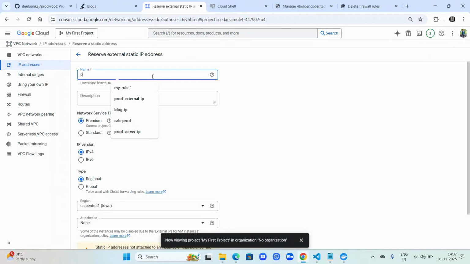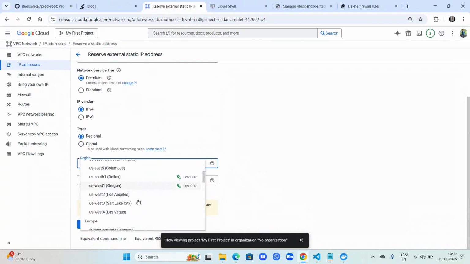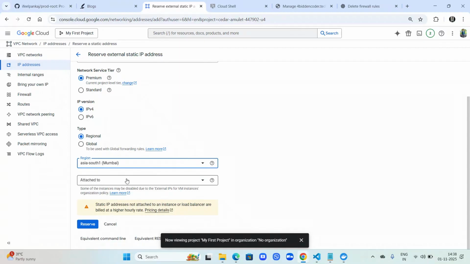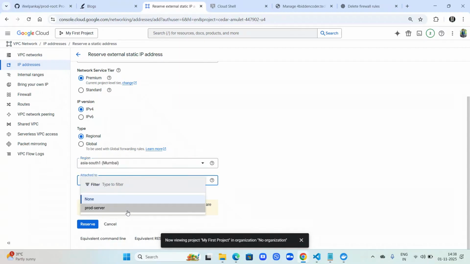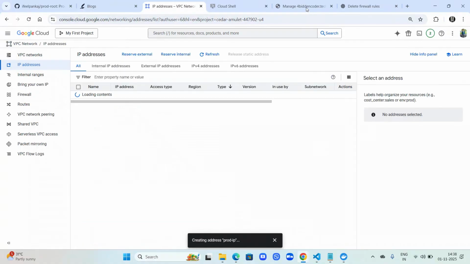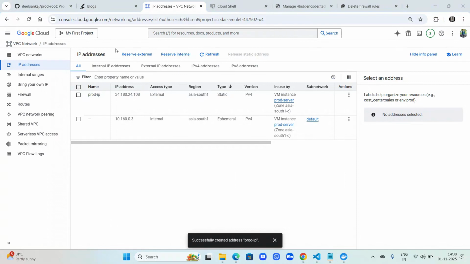You will name that prod IP. Description, if you want, you can keep it, but if you don't want, you don't have to. It is up to you. For the region, I'll choose the nearest region, and I will attach it to prod server and reserve this IP for my prod server. Okay, so once we have reserved the IP for our VM,